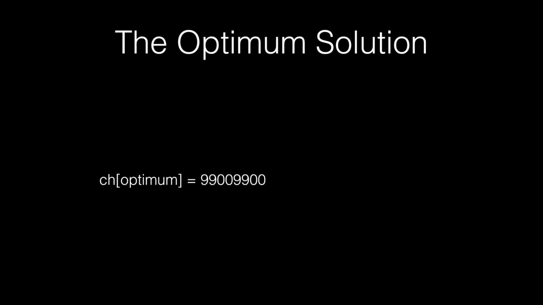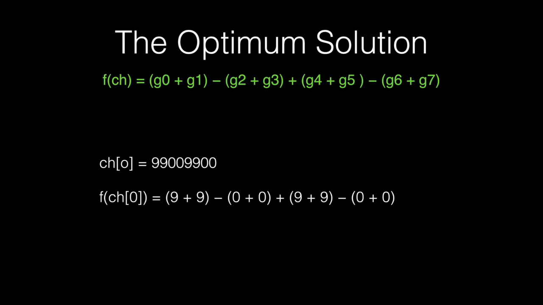So you may be wondering, what is the optimum solution that we're trying to go for? I suggest that it's 99009900. If we were to test this using the fitness function, we have this formula, which then turns to this. Get rid of the zeros, and we've got 36. I propose that 36 is the highest fitness that we can go for, and the only solution with this fitness is